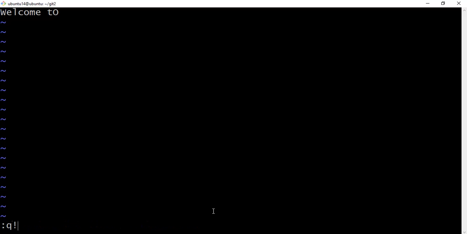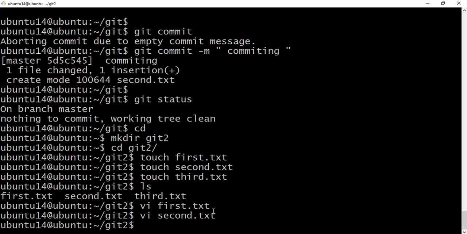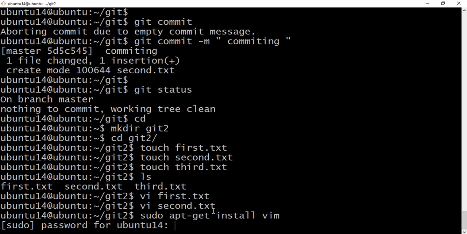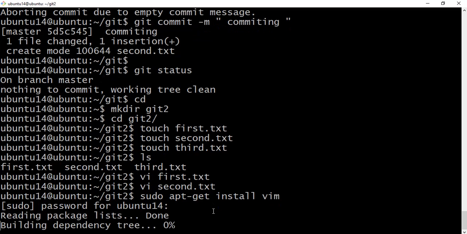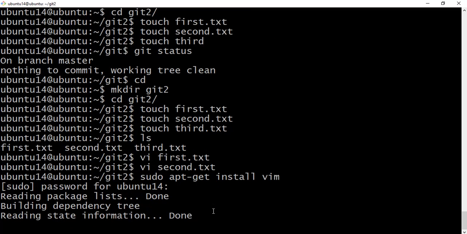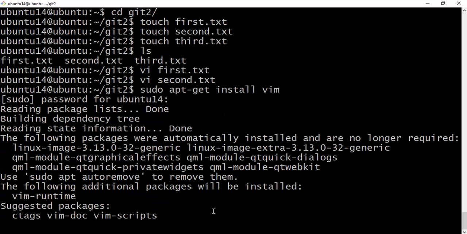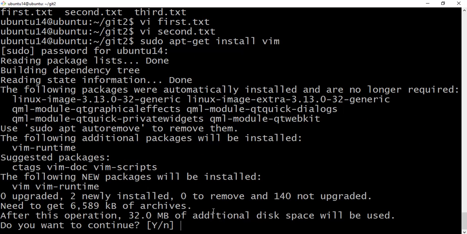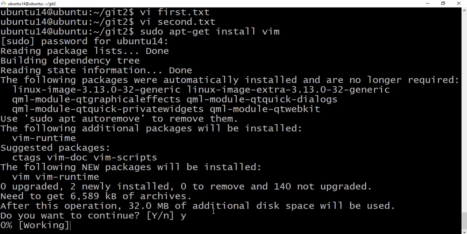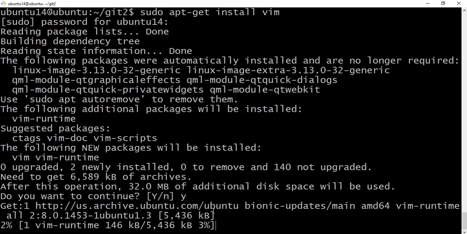Just a minute guys. Here the VIM editor is not installed, so that's why we are getting some nasty changes.